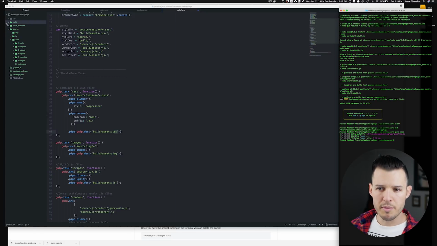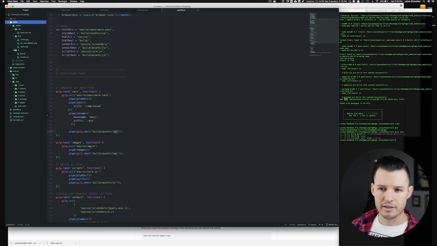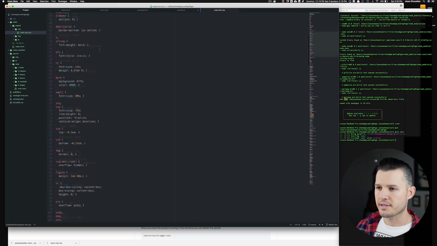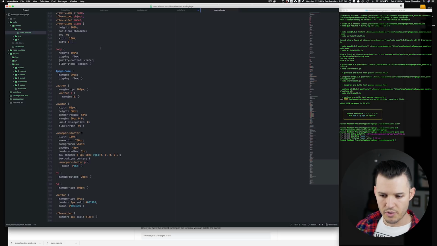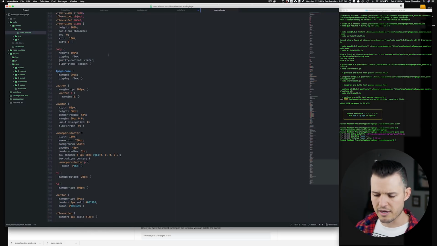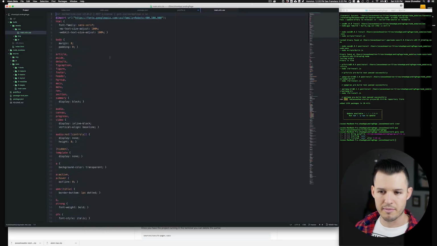And I'm going to go into my build folder and see what's in there. Okay, I'm going to close up these other directories. Here's my main.min.css. The very bottom thing there is like Flex Video. I wonder where that's coming from. Well, it's probably coming from all these modules and pages.